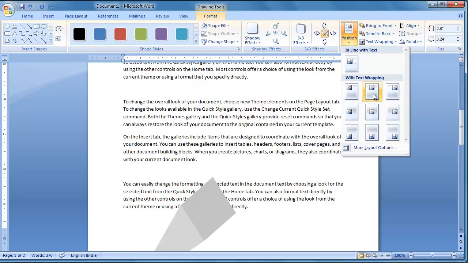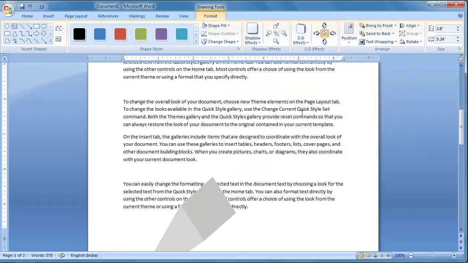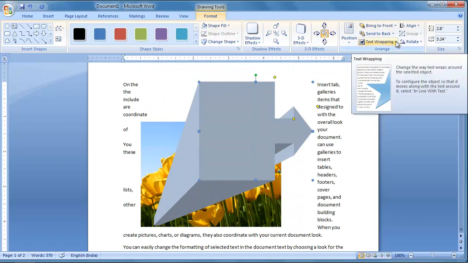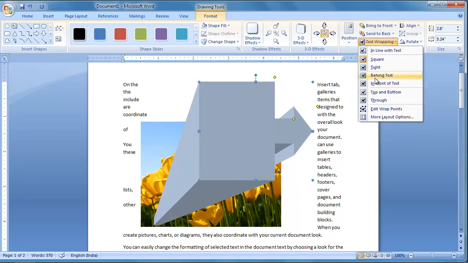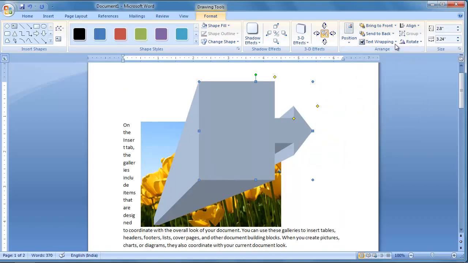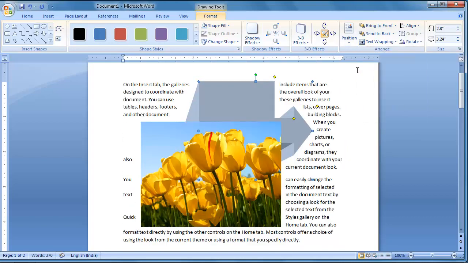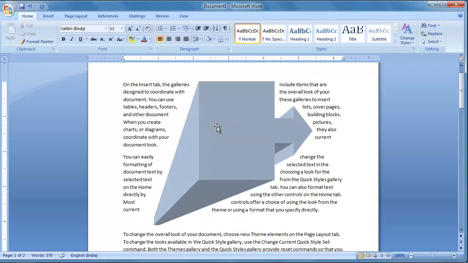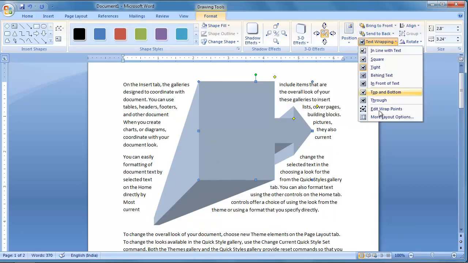Position, we already discussed about position. Text wrapping we discussed, behind the text, in front of the text, top and bottom, tight like that. Suppose I am deleting this picture, click and press delete on the keyboard. Now we are having one option of edit wrap points.